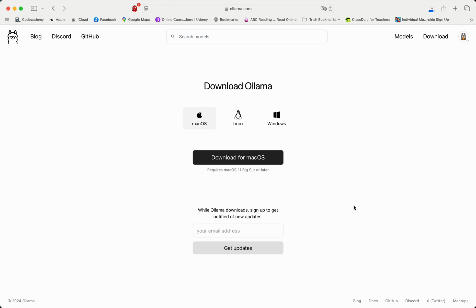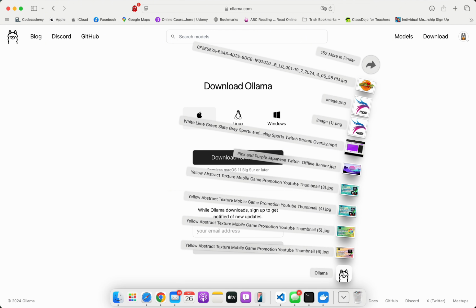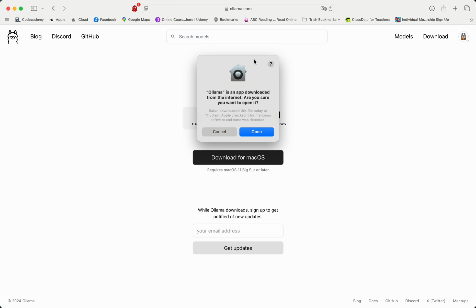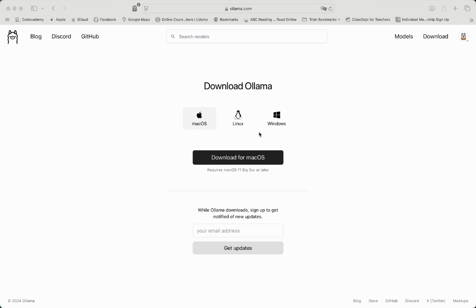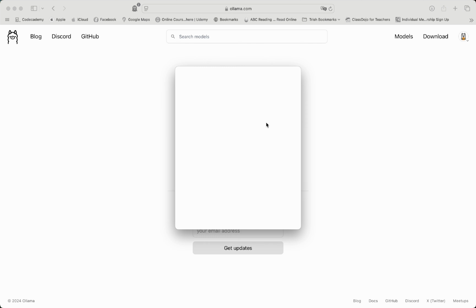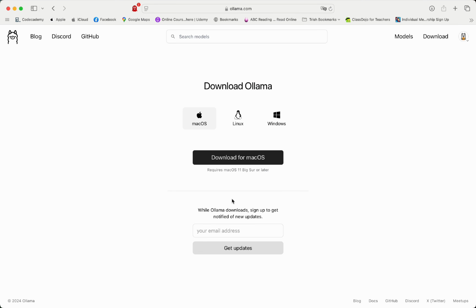First, we'll download Ollama. Use your installation file for whichever device you're on. I'm on a Mac, so I've downloaded the macOS version. And then once it's running and you've allowed it to run, you will want to move it to applications if you're on Mac, which you should. We'll just click on that. Next, we'll go to Ollama Run Llama 2 in your terminal. So open up your terminal